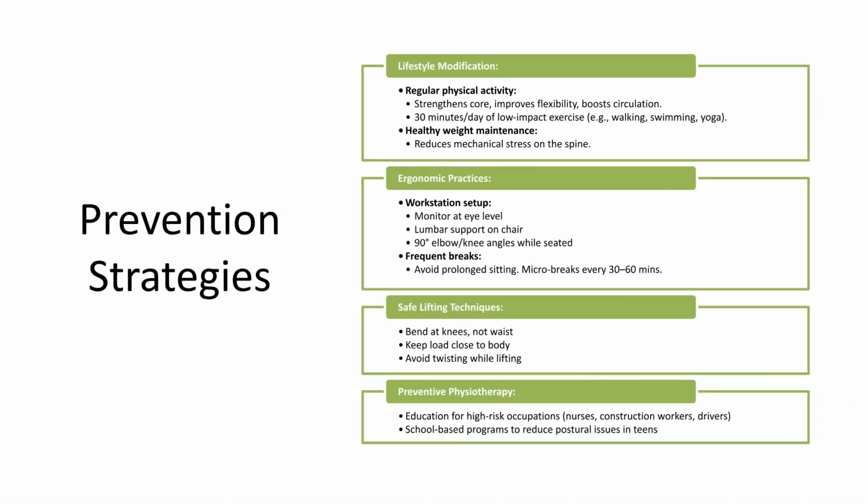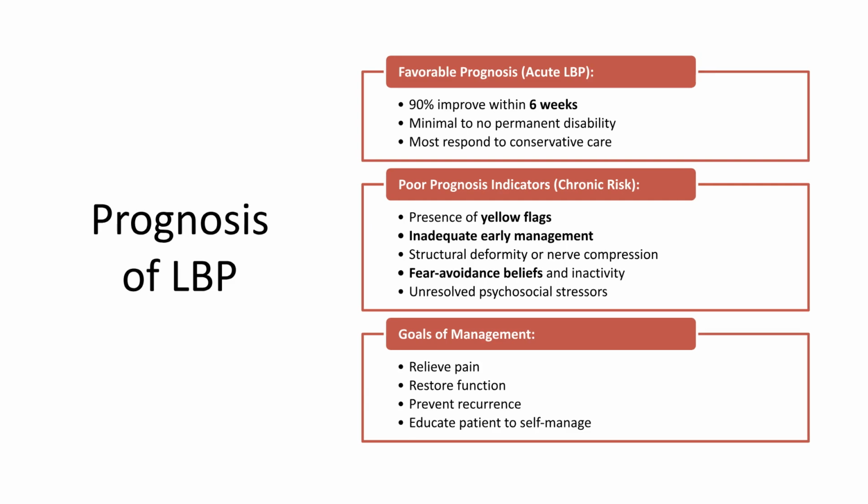Prevention strategies include regular physical activity and maintaining a healthy weight to reduce mechanical stress. Ergonomic practices and safe lifting techniques are crucial, along with preventative physiotherapy education for high-risk groups. The prognosis for acute LBP is generally favorable, with 90% improving within 6 weeks. Poor prognosis indicators include fear avoidance beliefs and inadequate early management. The goals of management are to relieve pain, restore function, and prevent